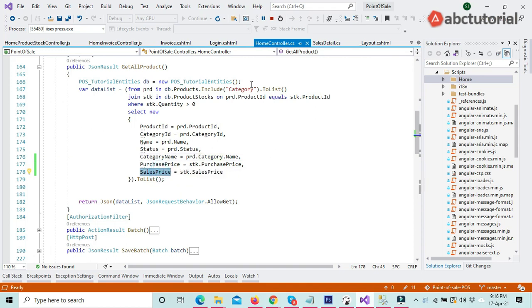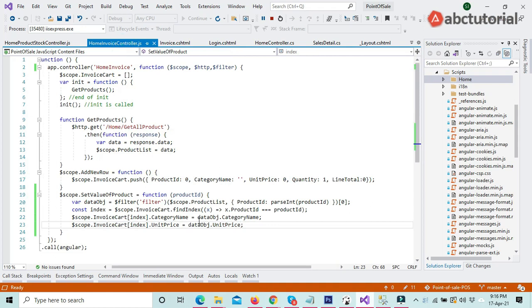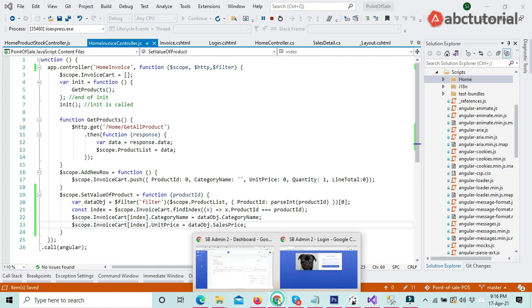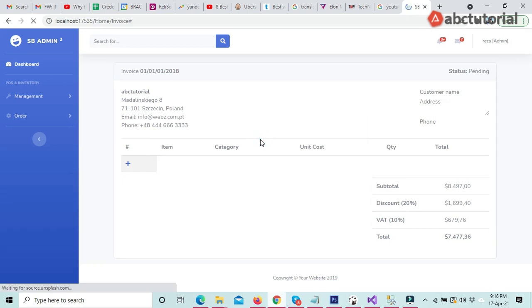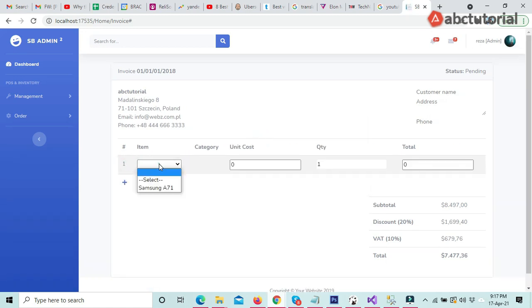So if I just put the sales price here in unit price, I will put sales price. See, 1200 is showing, mobile category is showing, and 1200 is showing, and quantity I am always keeping 1